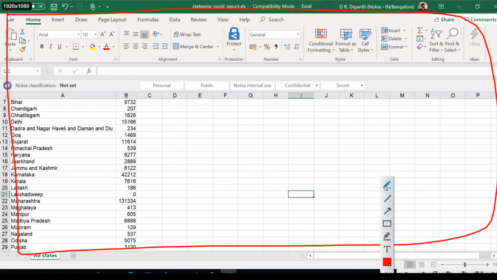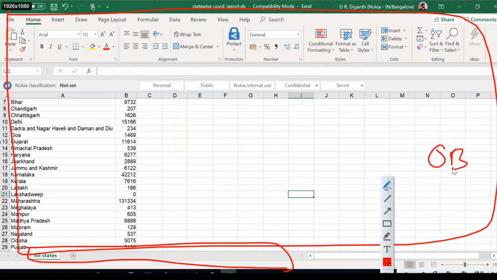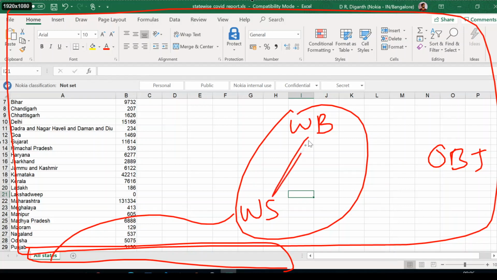So how this is structured is, this is a file, and then these are the sheets. We can think of it as a big object. We will call this a workbook. And this we can call a worksheet. So a workbook has multiple worksheets.